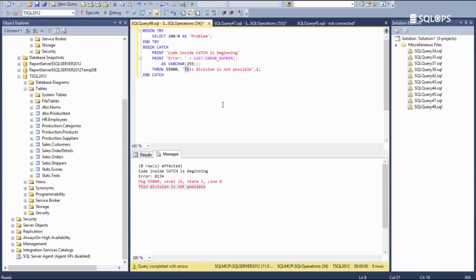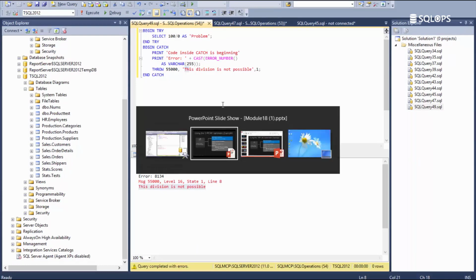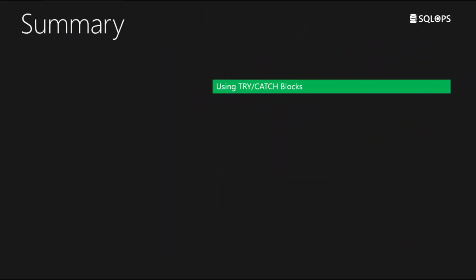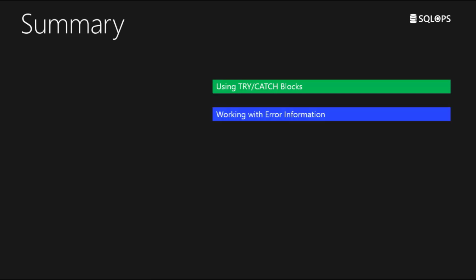So, now that we've learned about the throw statement, let's revisit what we've learned so far in this module. We have learned how SQL Server behaves when an error occurs in T-SQL code, why we need to add structured exception handling to the code, how to implement it, how to create try and catch blocks in T-SQL code, how to return detailed information about errors using the error object functions, and how to use throw to raise user-defined errors and pass system errors in T-SQL code. In the next module, you will learn what transactions are